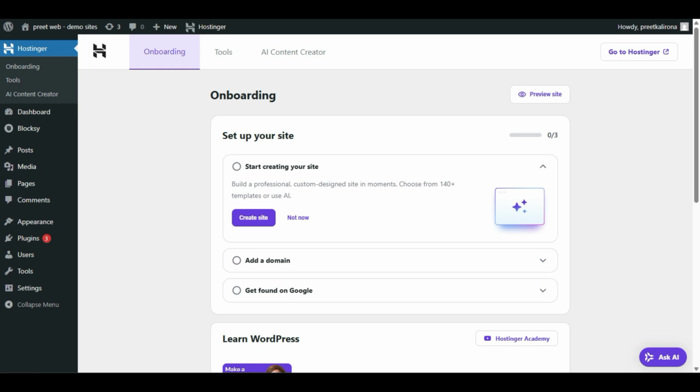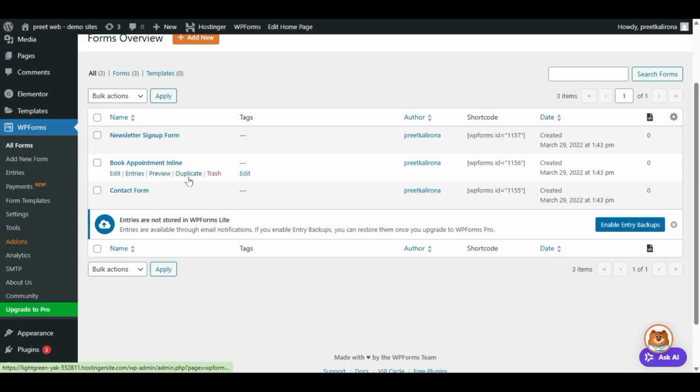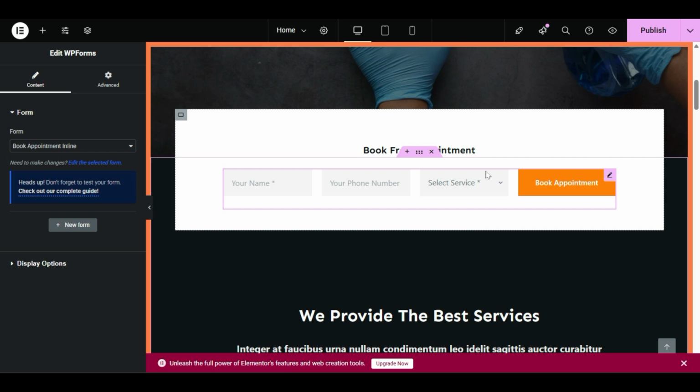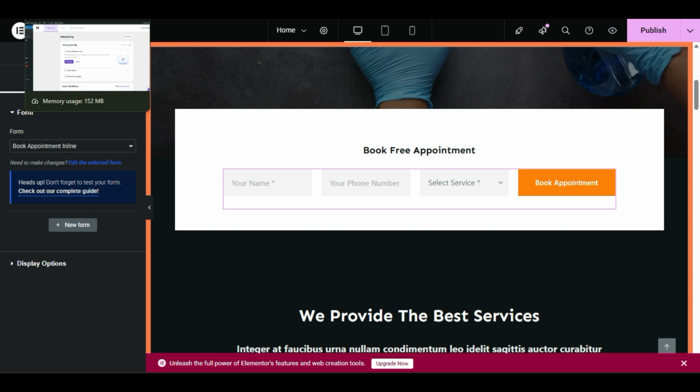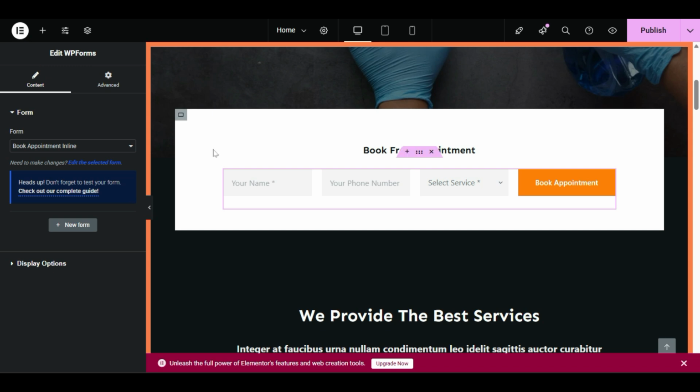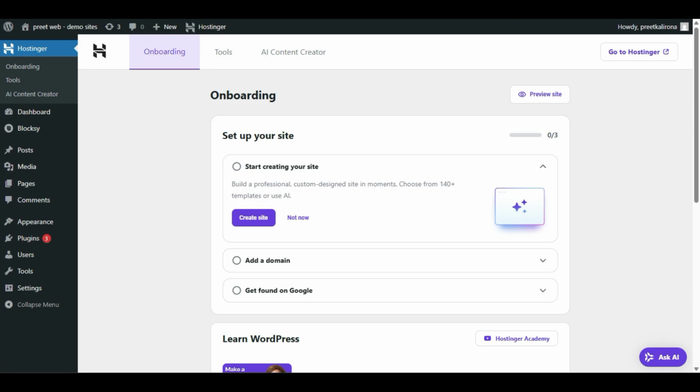Now let's edit our book appointment inline form. Why do we need to do this? Because we need to check if someone fills up this form, where the query should go, which is a very important thing, right? Most of my clients get services from other service marketplaces, and they mostly have issues. Some web developers miss this particular important thing, so I always fix these technical things in the forms, which is very important. So I will go to the form,